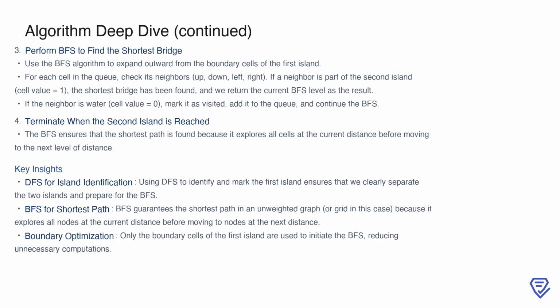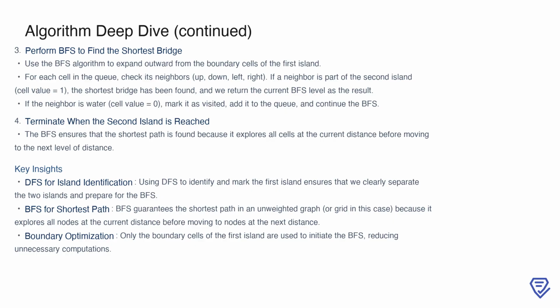Once we've identified the two islands and collected the boundary cells of the first island, we proceed with the BFS step. The BFS algorithm expands outward from these boundary cells, level by level. For each cell in the queue, we explore its neighboring cells in all 4 directions: up, down, left, and right. If we encounter a cell belonging to the second island, which means its value is 1, we know we've found